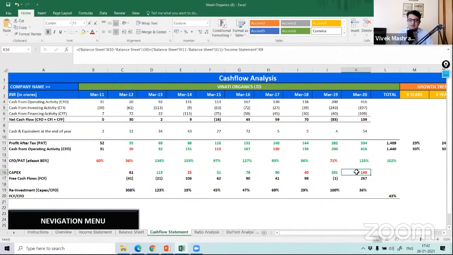Now, a lot of people say free cash flow is a very good metric to see. So let's take an example of the pani puri wala only. 100 rupees he is earning every day. Now he doesn't have any reinvestment opportunity. He's selling 100 plates today also. Tomorrow also he'll sell 100 plates. After 1 year also he's selling 100 plates. After his kid is selling pani puri, he is selling 100 plates. And his kid's kid is coming, he is also selling 100 plates.